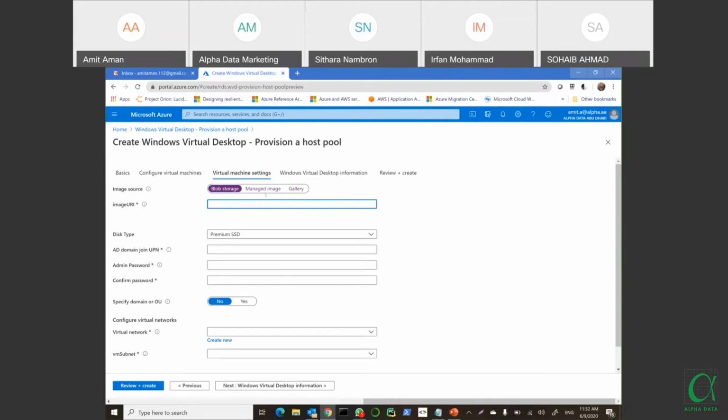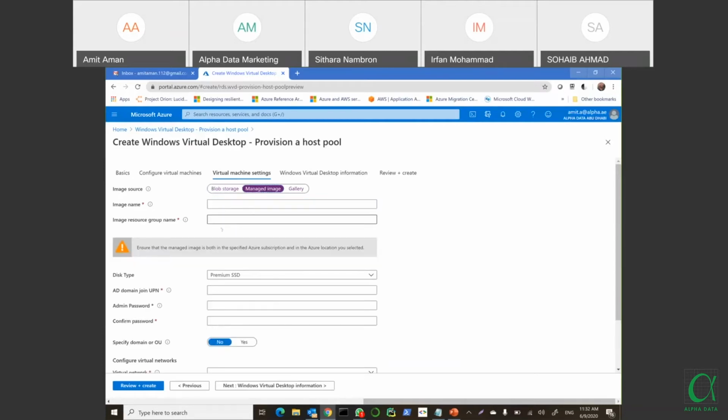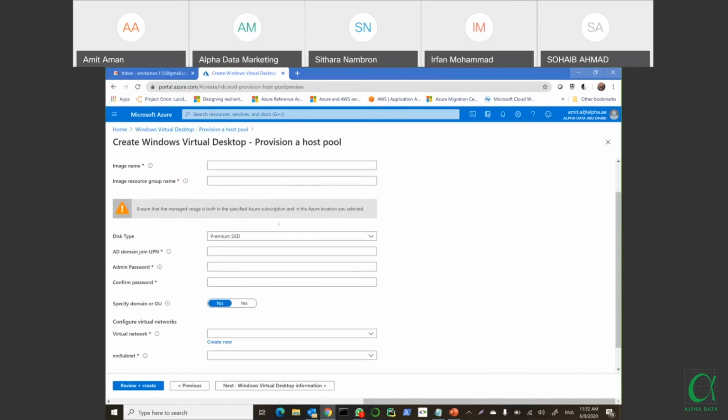The second is a managed image. Let's say you have created an image, made some modification on top of it, and saved it somewhere. You can use that managed image to create your WVD instances here. You can put in your image name and resource group name, and then go ahead.